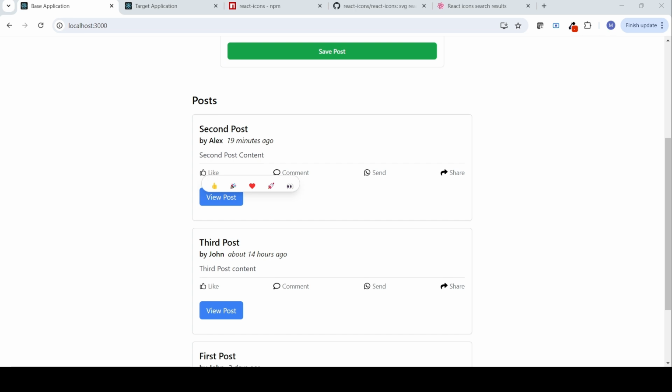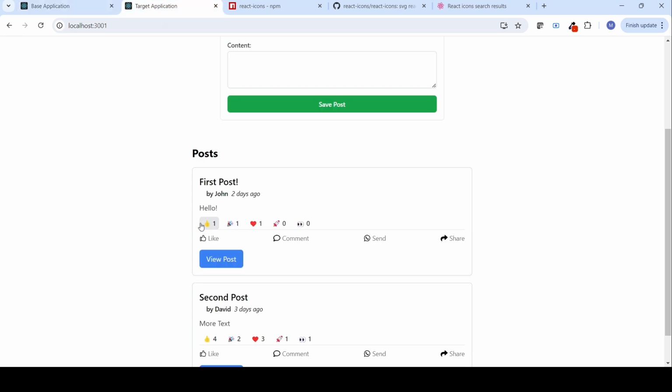Hover over the like button. Let's click on it and then see. Yeah, now we are able to click, or we are able to add each reaction. But the thing is, we should display the reactions and their count just above the action buttons. For that, let me add